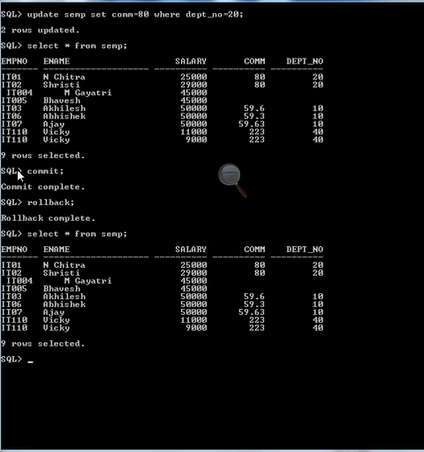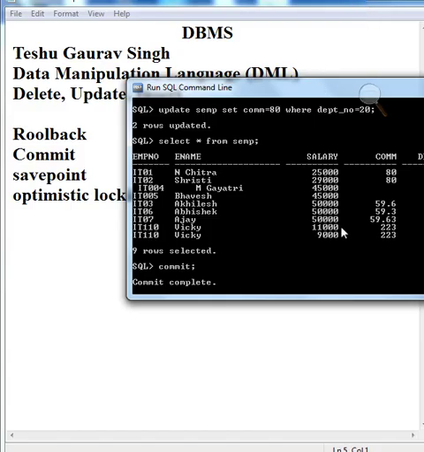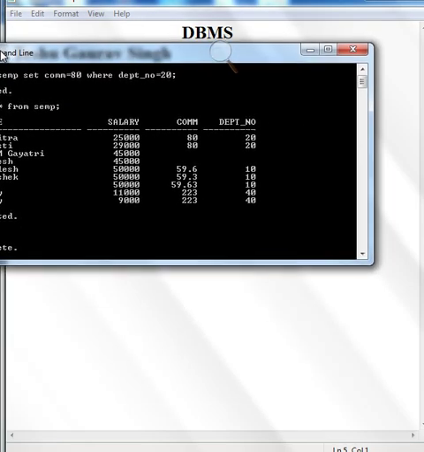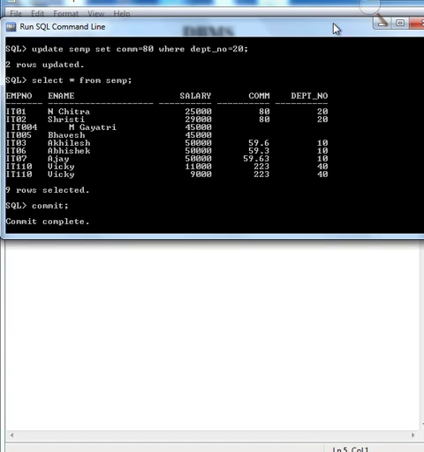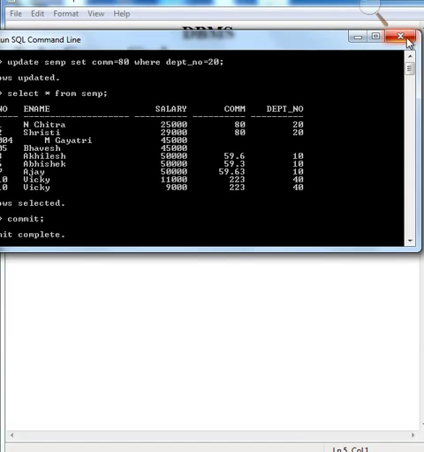We have seen some examples of the commit command and rollback command previously. When we close our Oracle application with the cross button, the rollback command is called automatically.